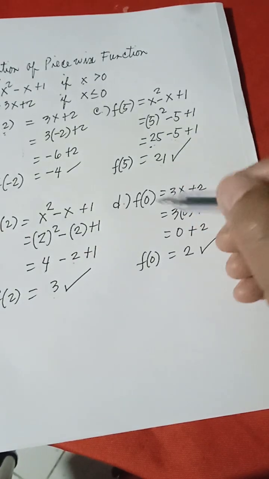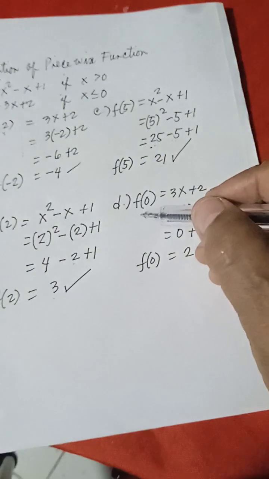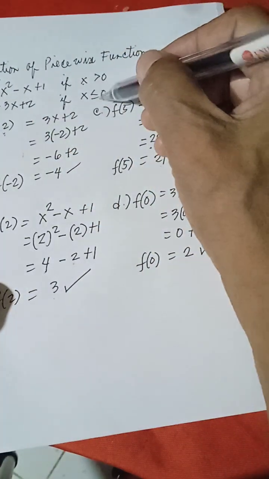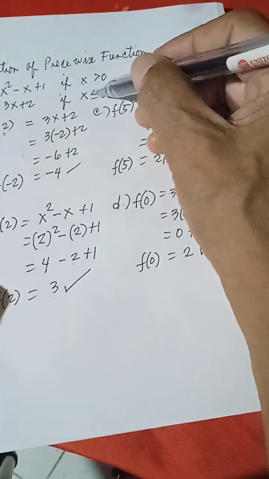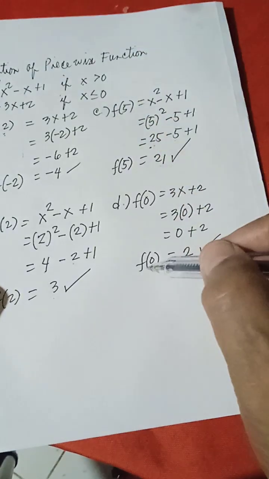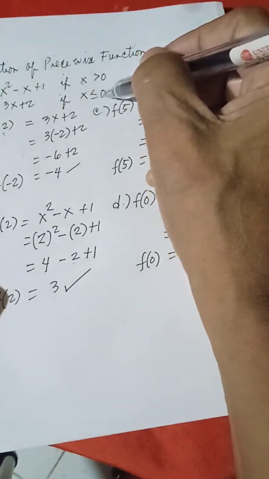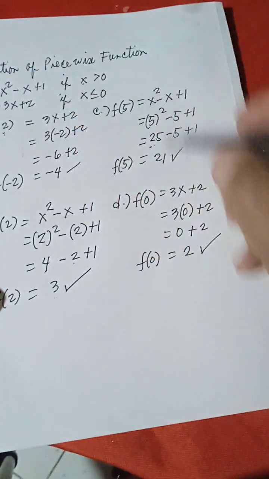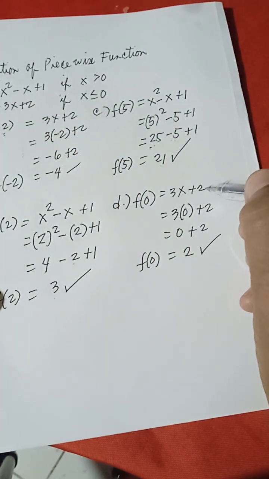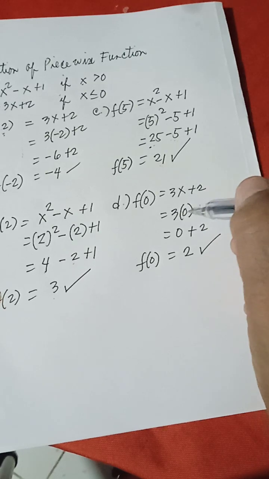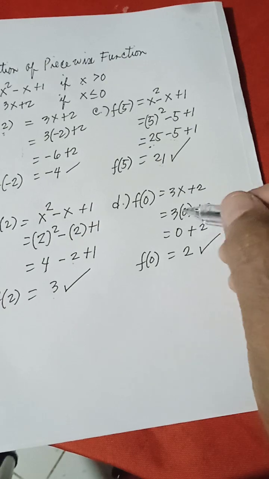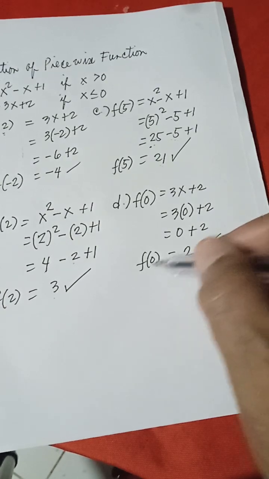Okay. Last is f of 0, meaning the domain is 0. What sub-function shall we use here? If x is less than or equal to 0, since it is 0, it is equal to 0. So we use 3x plus 2. Plug in 0 to x. We have 3 times 0 plus 2. 3 times 0 is 0, plus 2. So f of 0 equals